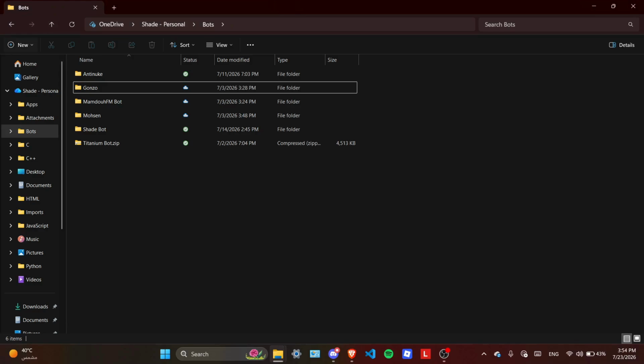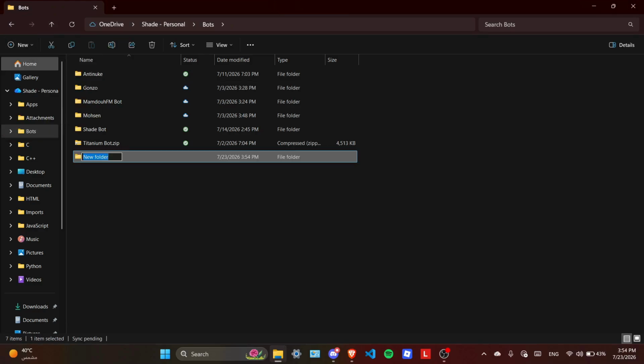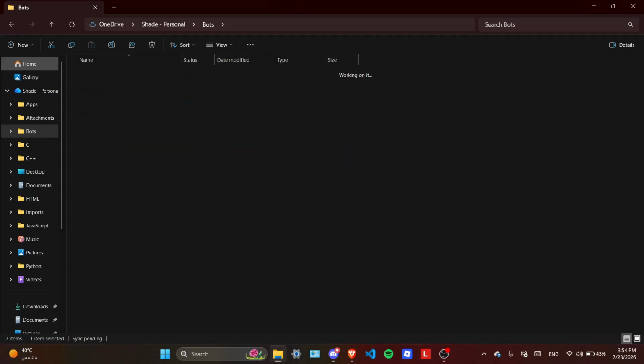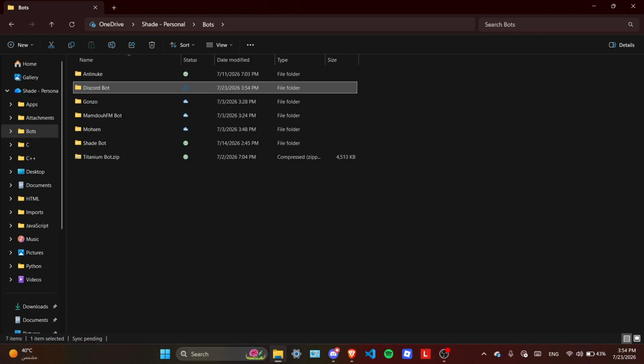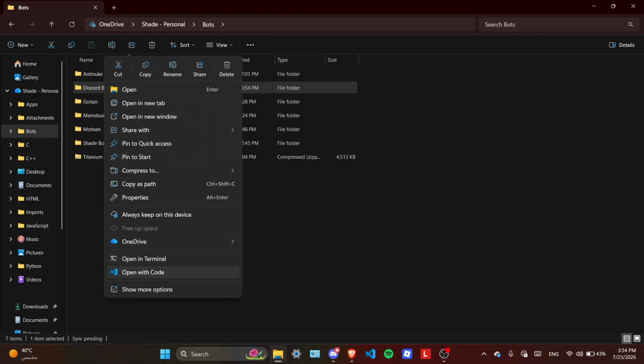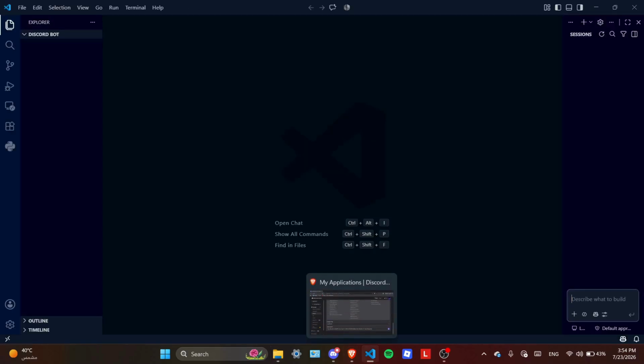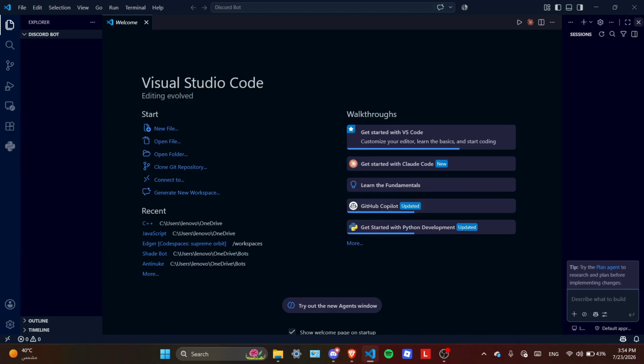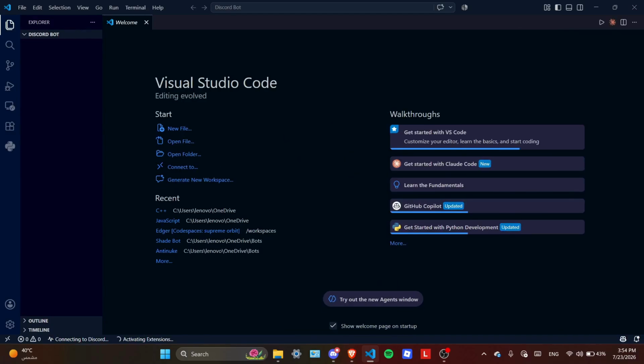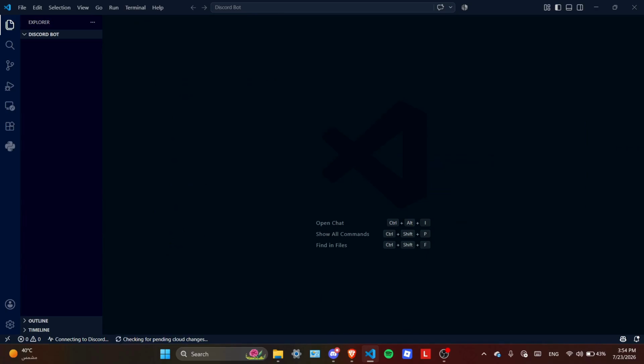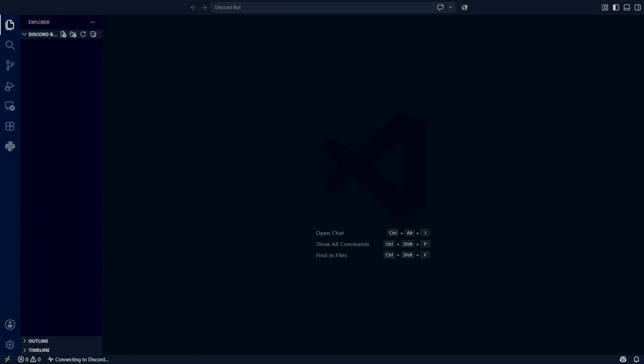Okay, let's try make it. So let's make it Discord bot. You can name it whatever you want. I'm just gonna name it Discord bot. Now in here, let's right click here and then open with code, which is Visual Studio Code. I already have this installed. Okay. Now as you can see, we're in the folder, but we have nothing yet because there's no file or